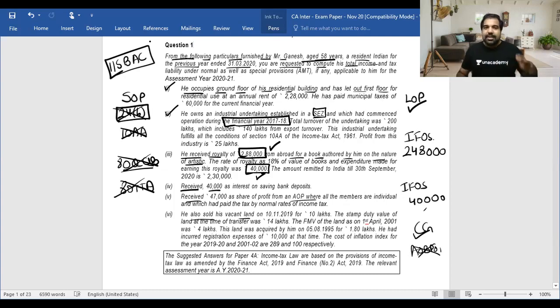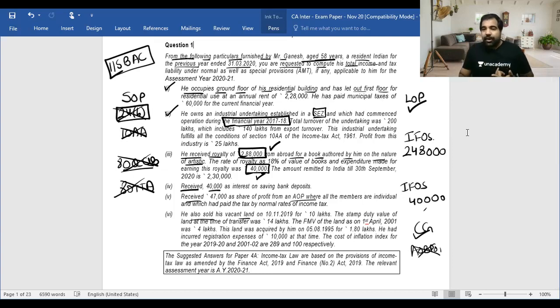So the only thing is that when you opt for 115BAC, you don't get a lot of deductions. The other deductions you will not get. I'm just summarizing it once again. IFOS, family pension deduction, you will not get. Capital gain is the same. PGBP, you will not get additional depreciation and scientific research deductions. Capital gain is just the same. IFHP, you will not get 24B interest deduction for SOP. Salaries, you will not get a lot except transport allowance for the blind. Next, clubbing, you will not get 10(32). Set off, you will not get these deductions. In exemptions, you will not get 10(17). And in deductions, you will not get any deduction except 80CCD2 and 80JJA.